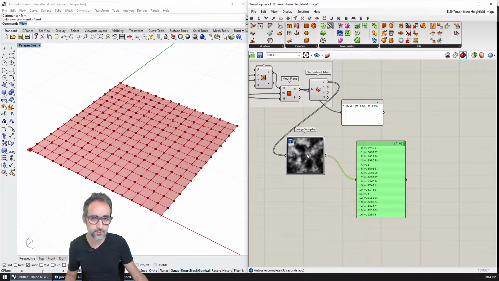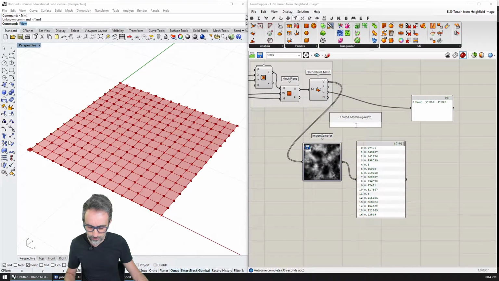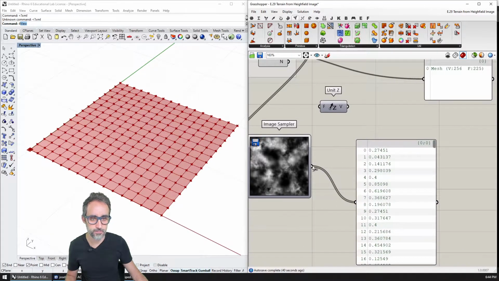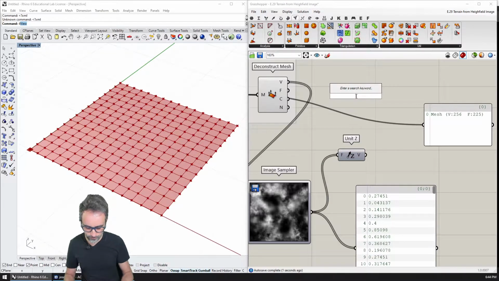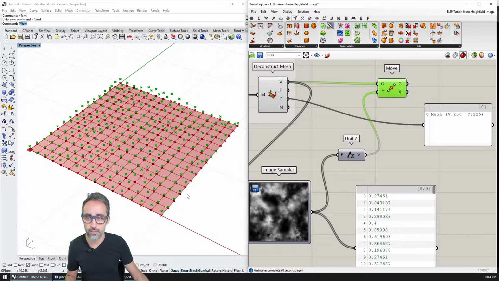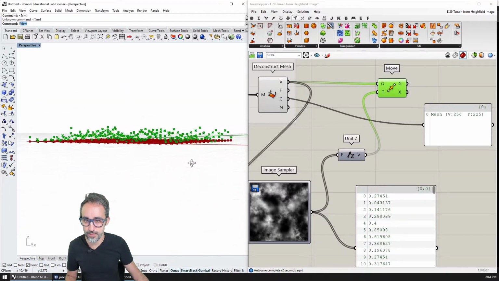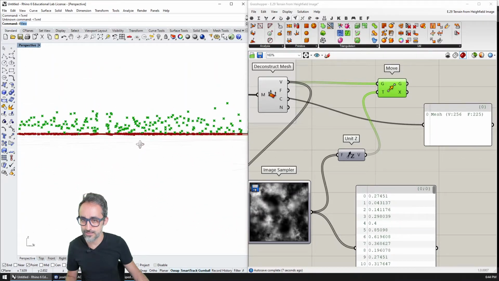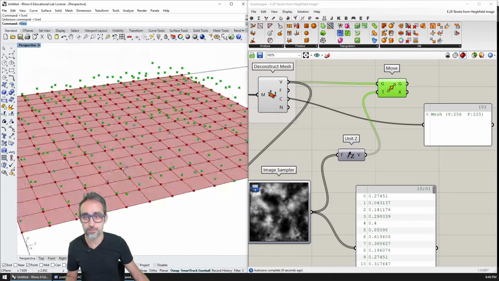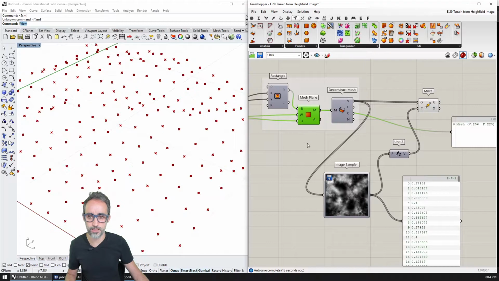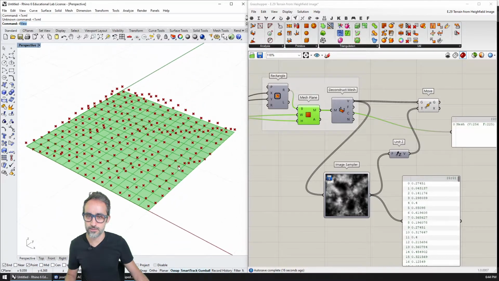So the only thing that I need to do is, for example, let's say that I created directly a Z vector with these values, right? So if I do that, then I can now move all those vertices in Z by that amount. And you can see that I already start getting an effect of some points going higher, some points not going so high, which is starting to be pretty nice. I'm going to leave the mesh there, actually.